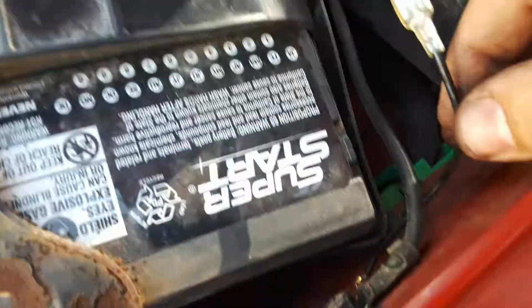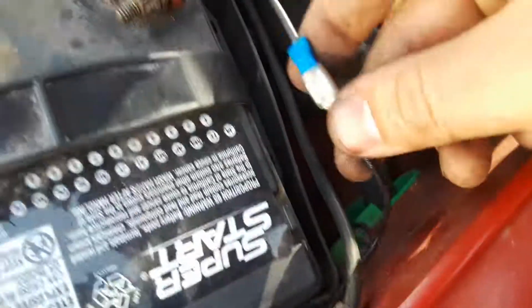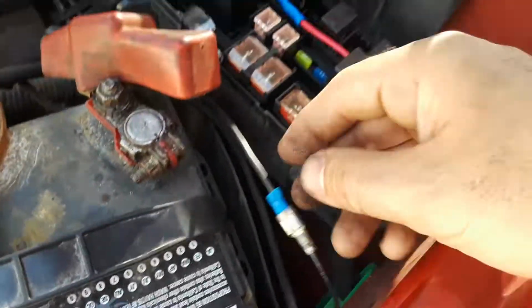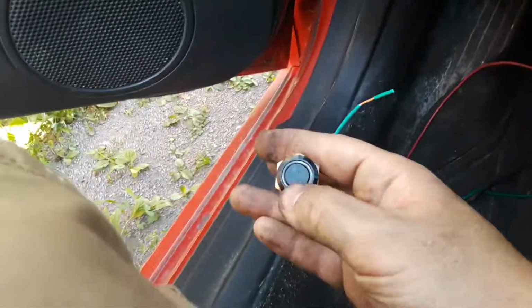So then you've got a ground here. I just took an existing ground, put a wire on it that I already had with a ring terminal, put it into here, and then this runs into the car. I know I could have got ground from somewhere under the dash, but I didn't feel like climbing around under there. So that goes into this, and when you press the button,